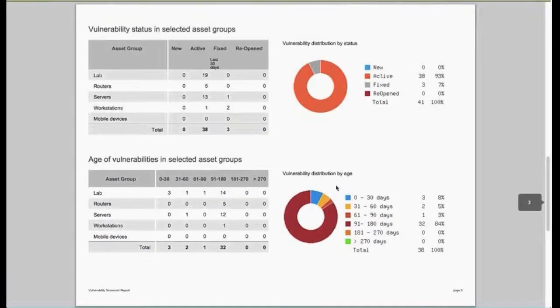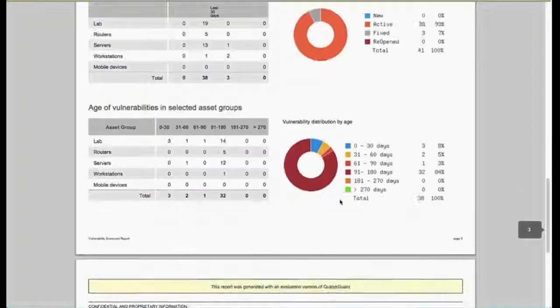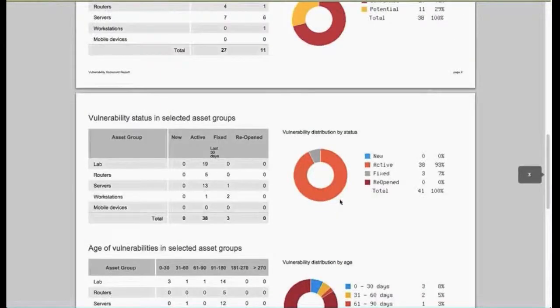Then I can look at age of vulnerabilities, and I can say that I have 0 in this environment older than 180 days, which is good news because most of the problems actually come from those vulnerabilities that exist in the environment for more than half a year. What I need to do now is basically start looking at what assets I would like to fix first, and